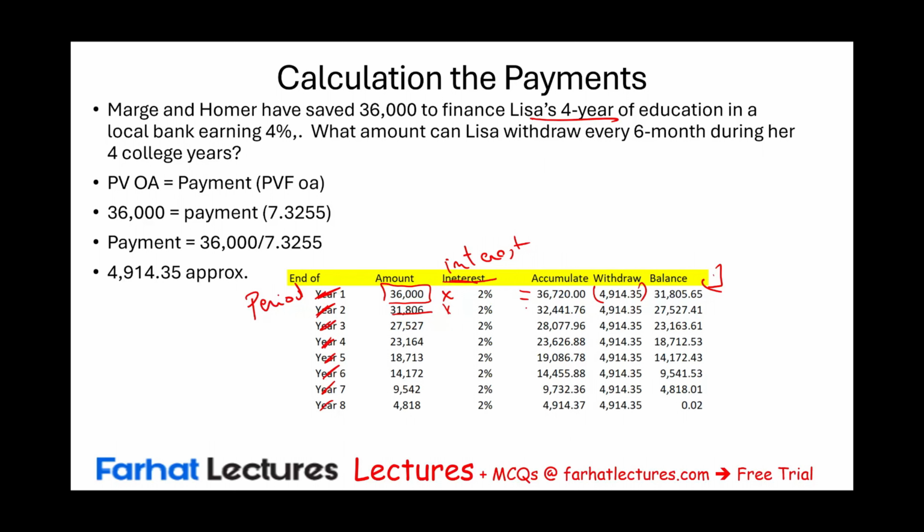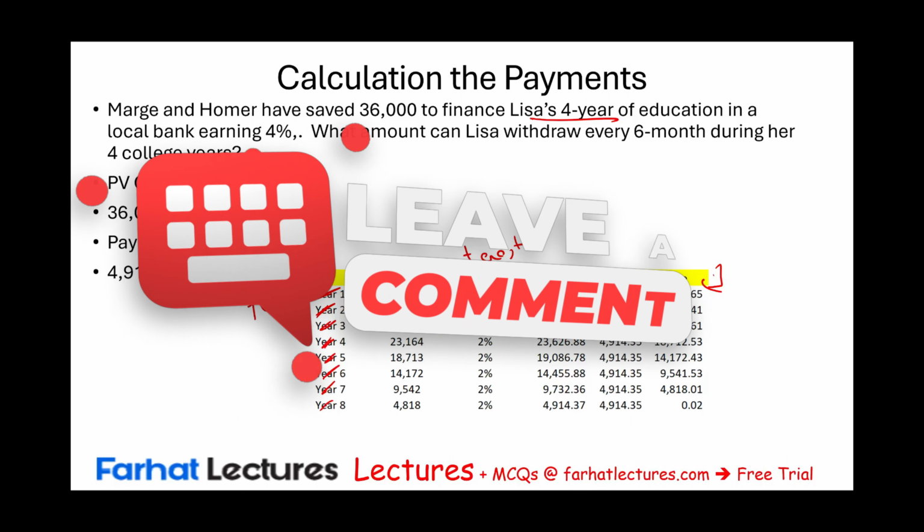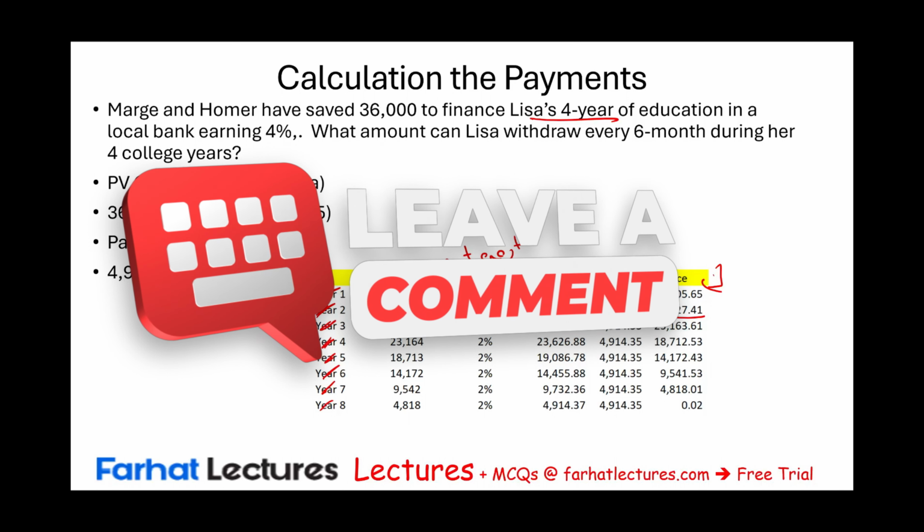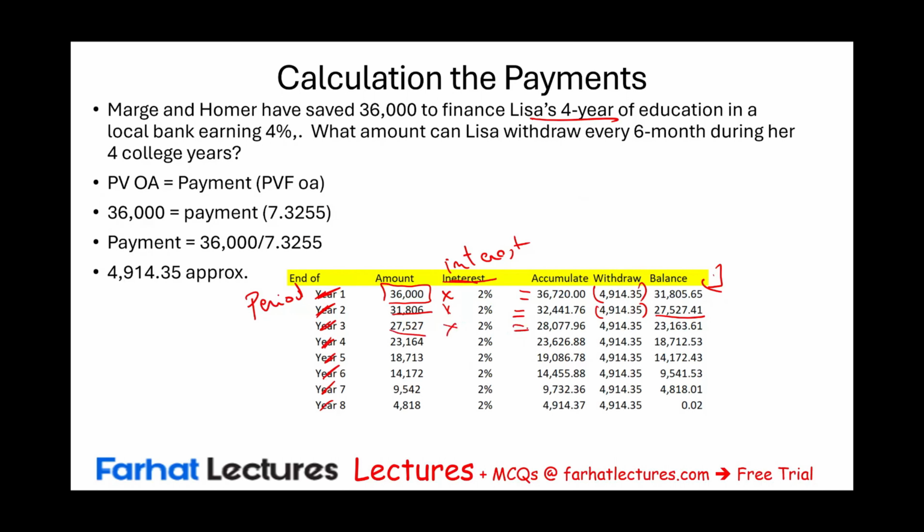This balance will stay at the bank and will earn another 2%. 6 months later, Lisa will come back and check the balance, and the balance is $32,441.76. She can withdraw $4,914.35, and the remaining balance is $27. Another 6 months later, this money will stay at the bank, will grow at 2%, and the balance will become $28,077. She will withdraw